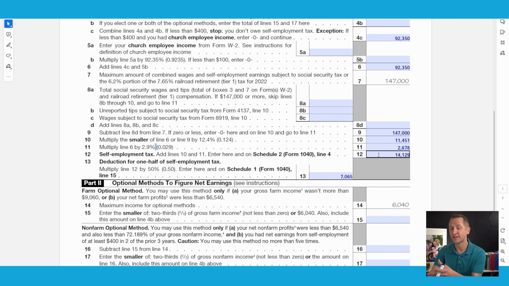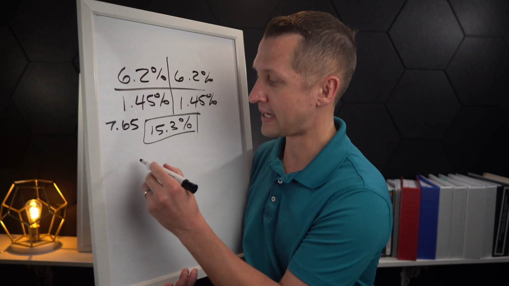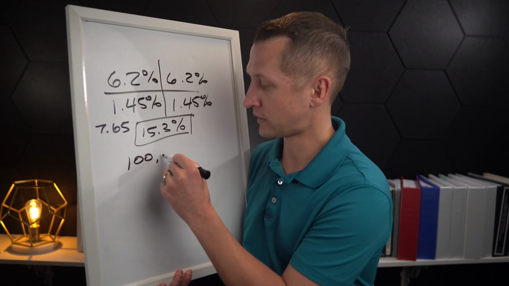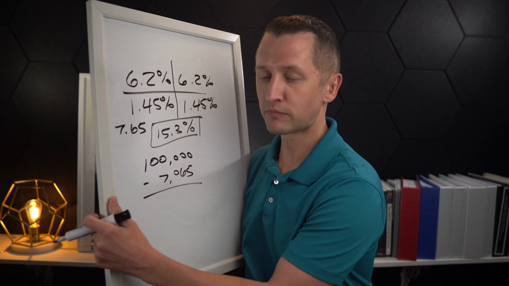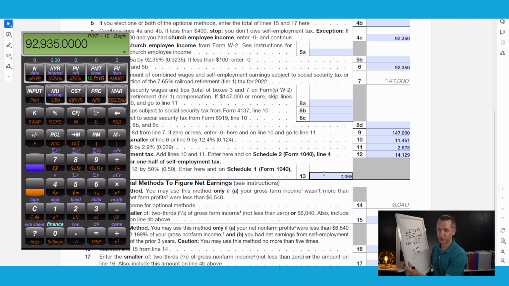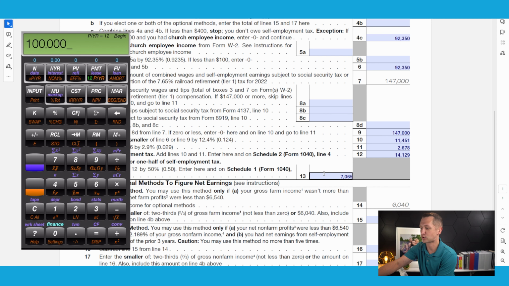And notice that it's not $15,300. If we divide that by 2, that is the deductible portion of our self-employment tax. And that number is $7,065. So if we take our net profit, because that is the first number for our retirement planning calculations, we're going to take our $100,000 and we're going to subtract our $7,065. So let me go ahead and pull this up on our calculator to show you how this looks. So if we take our $100,000 and we subtract $7,065, we get